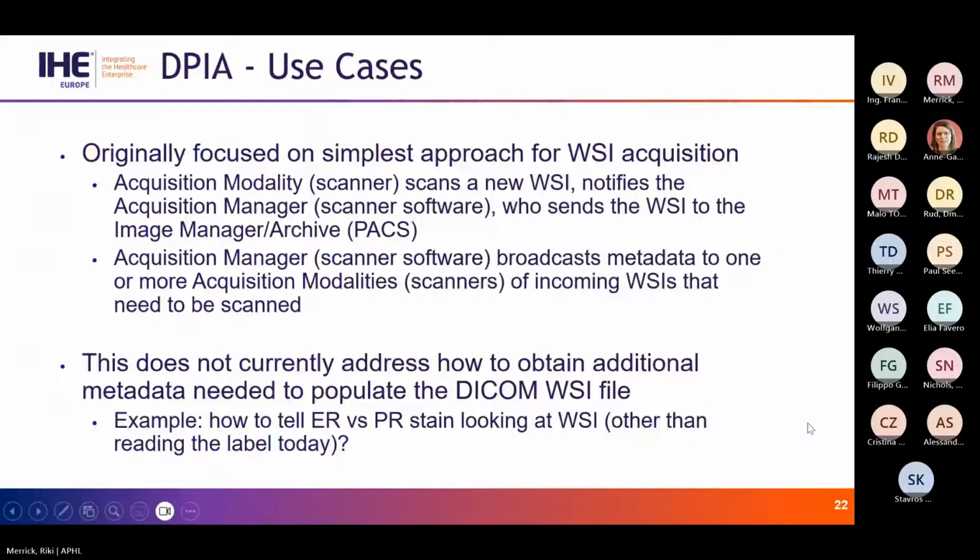Next slide. So, as mentioned, we originally focused on the simplest approach for whole slide image acquisition, really pared it down to those data elements in the transaction that would be the bare minimum required in order to get this up and running. What it does not currently address is how to obtain additional metadata to populate the DICOM whole slide imaging file. And one of the elements that was missing from the initial set of